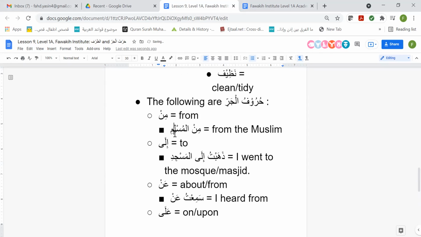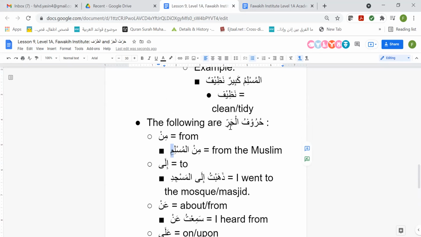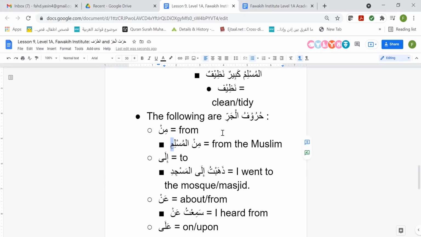Before I continue further, I forgot to mention, notice at the end of all these words I'm putting a kasra, at the end of the word following the harf jar, right? That's the whole point of the huruf al-jar. That's why I'm going through all this, because for these specific 8 words, and of course others too, the word after them will be exclusively in the state of jar. That's why they're called the huruf al-jar. These are the huruf, or prepositions, or oftentimes just letters, that indicate the following word to be in the state of jar. So keep that in mind.